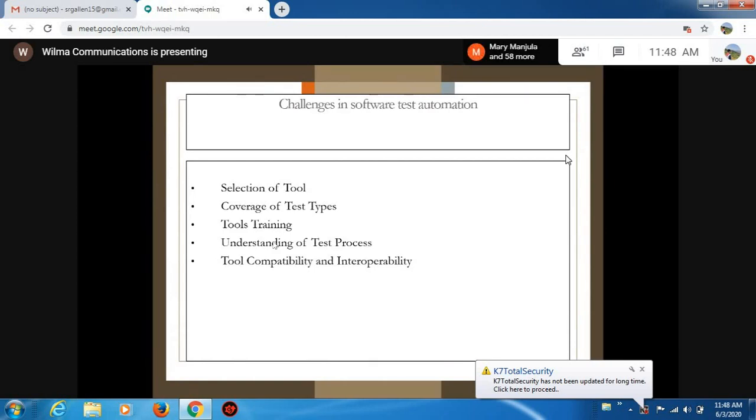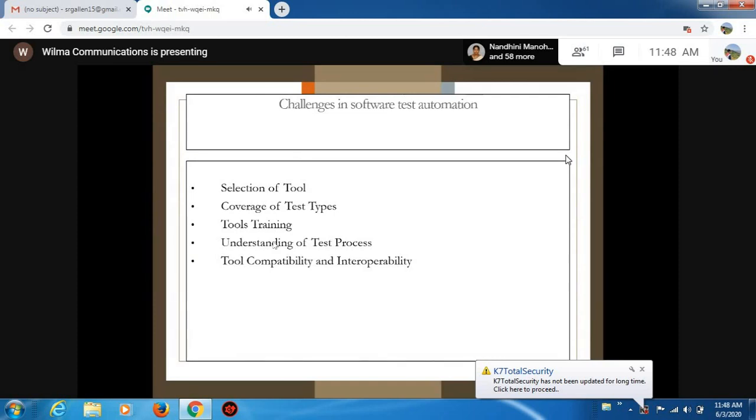The second challenge is coverage: what testing I have conducted, how much functionality I have covered, how much performance I have covered. Checking the coverage level is the second challenge. Third is tool training, the skills required to handle that particular tool.